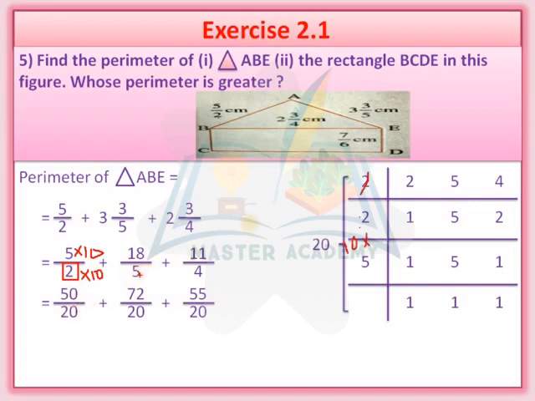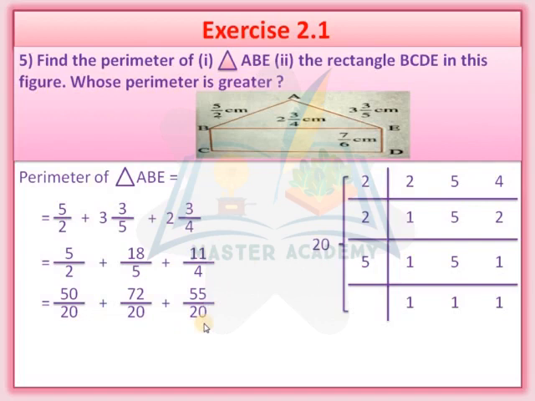Understood? Here you can see 5. Okay, this is a 5, so we cancel it. So 2 multiplied by 2 is equal to 4. So we will multiply by 18, 4 times 18 is 72 and 5 times 4 is 20. Okay, understood? Now in the same way, 2 times 2 is 4, so remaining is 5. The 11 times 5 is 55 and 4 times 5 is 20.